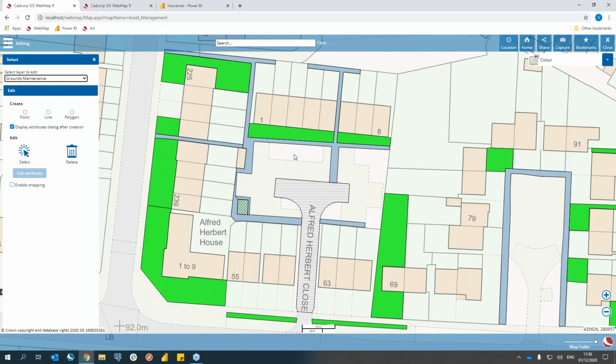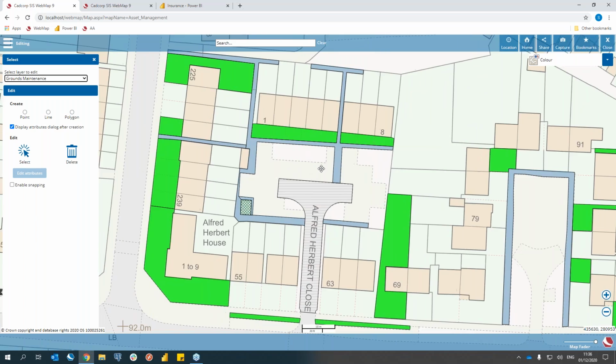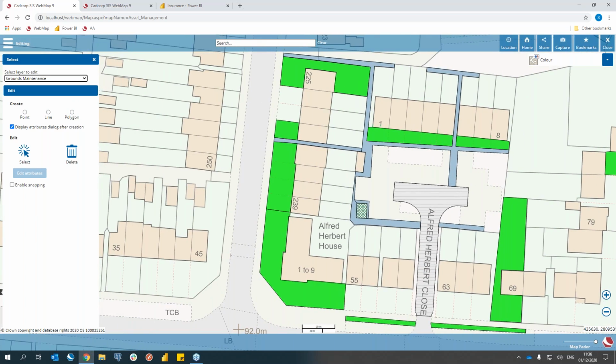And I want to add this area here as a new piece of grass to my layer. So on the left-hand side, I'm going to select this. I'm going to add the feature as a polygon. And I'm also going to tick this enable snapping option. And that allows me to snap my new feature to the master map data that we see on the map, so we can capture new features accurately. So if I start to capture my piece of grass, we might just see it pull towards the corner there of the master map data. That's where it's snapping to the data, and we can go around and capture my new piece of